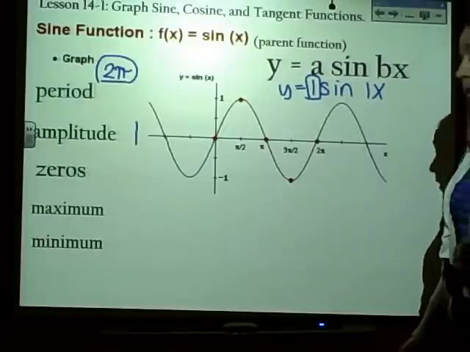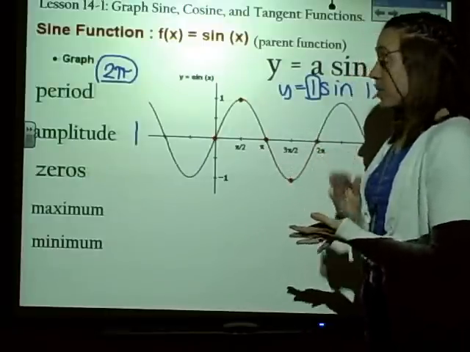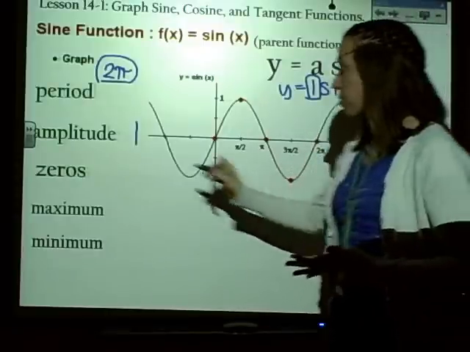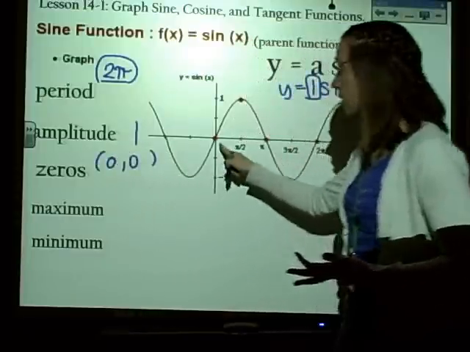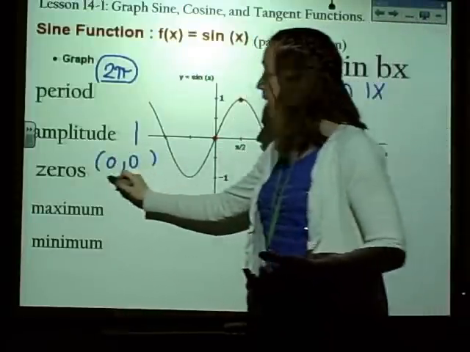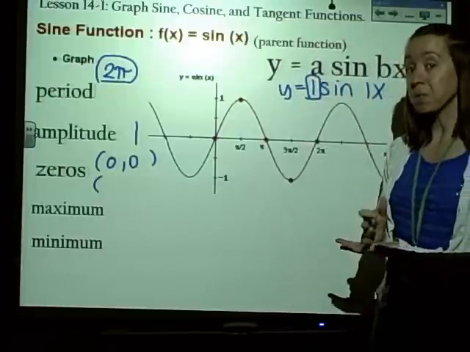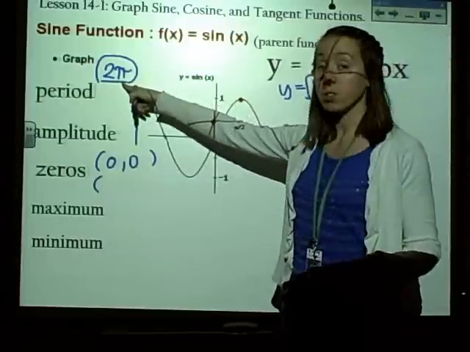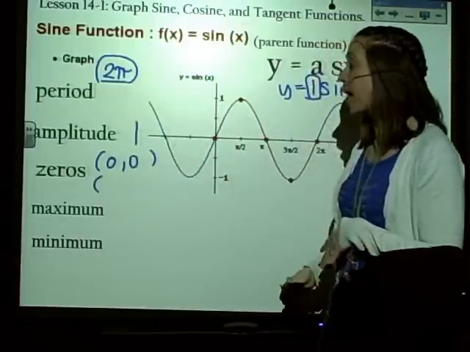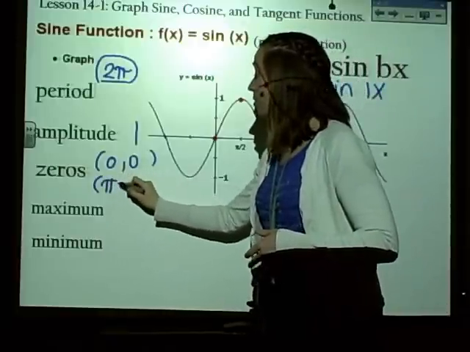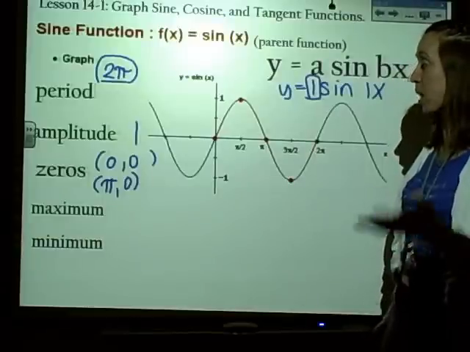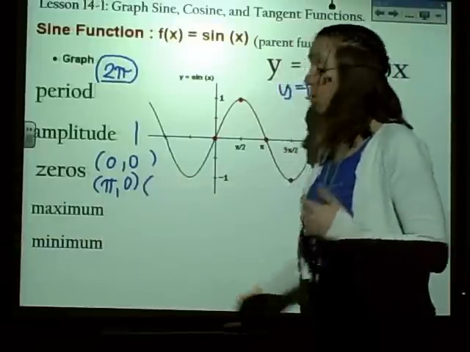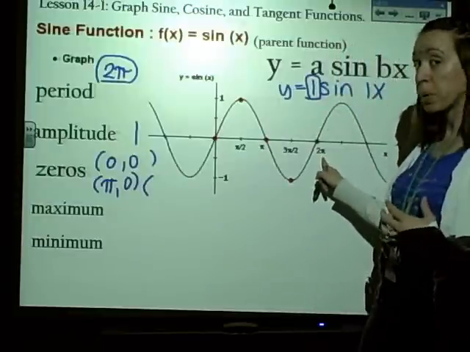Okay, so these would stay the same. Remember, for the zeros, the first point is 0, 0. That's my starting point. My second point is half of the period. My period is 2 pi. Half of 2 pi is just pi. So at pi, 0, I have another intercept. My last intercept, or zero, is the actual period,